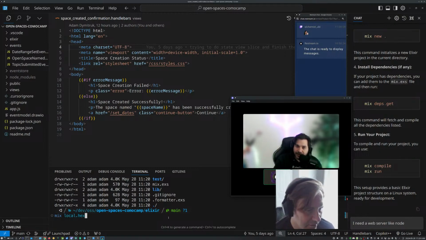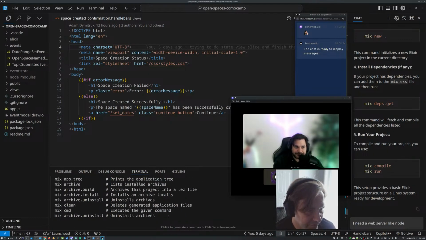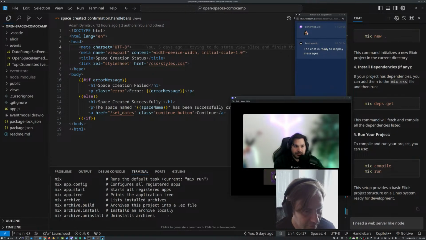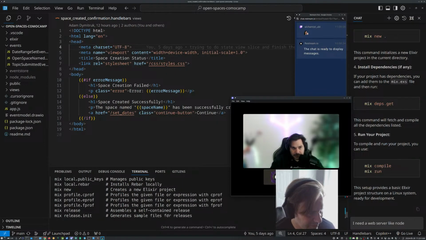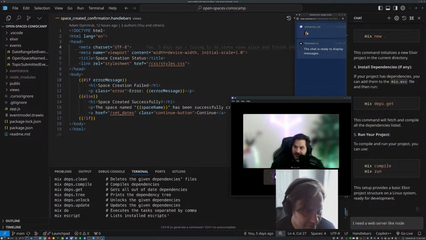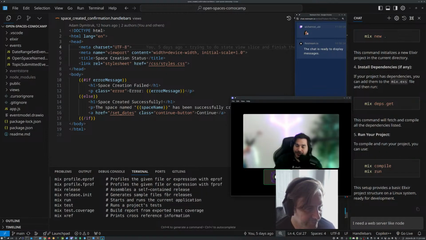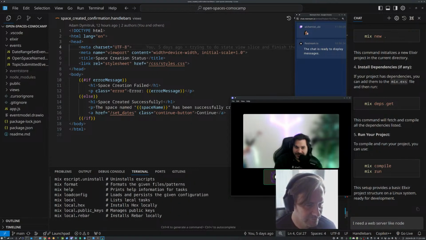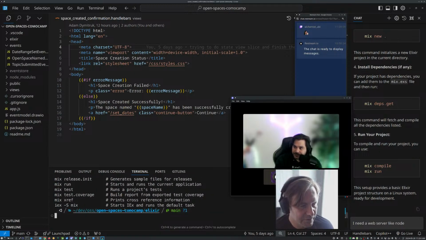Do mix help and then the name of the command after, and that's the best way we should deal with things. Oh, there's a lot of stuff. Okay, this is all new to me. Is it like npm, sort of? Yeah, Hex is npm, but not Mix. Mix is Cargo. Oh, okay. Hex is a package manager. It's like npm, but not like npm itself, because npm is a dev tool, the runner, and all the stuff.